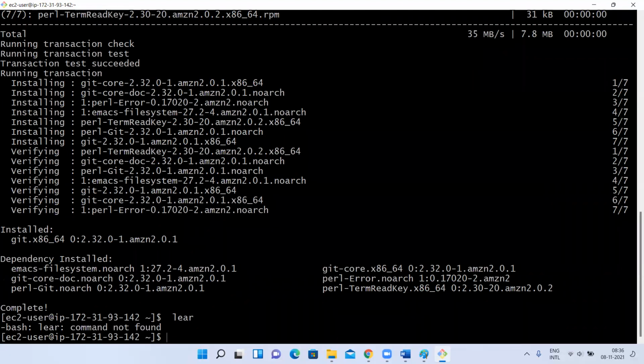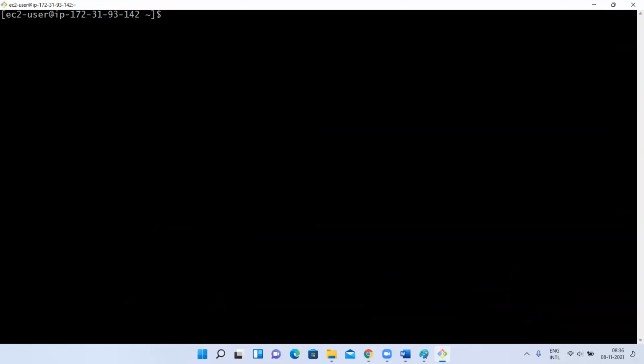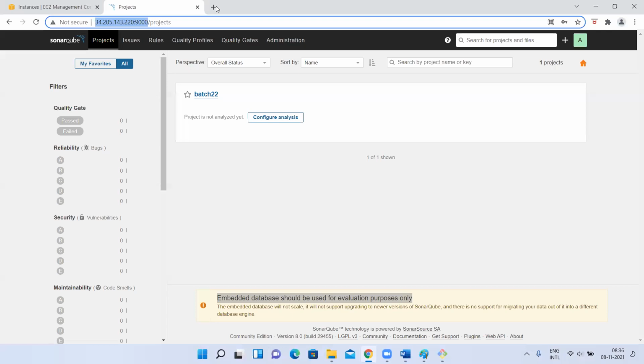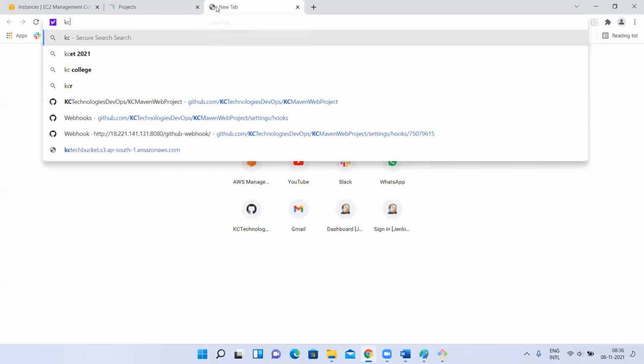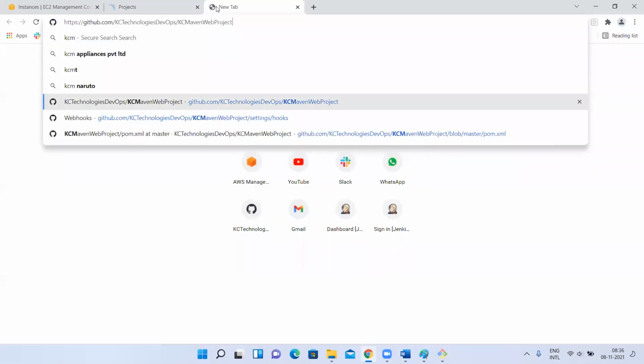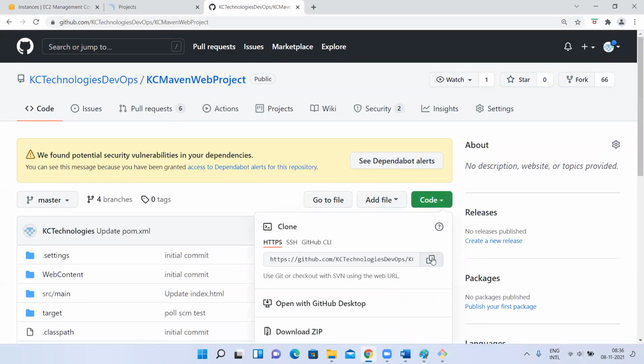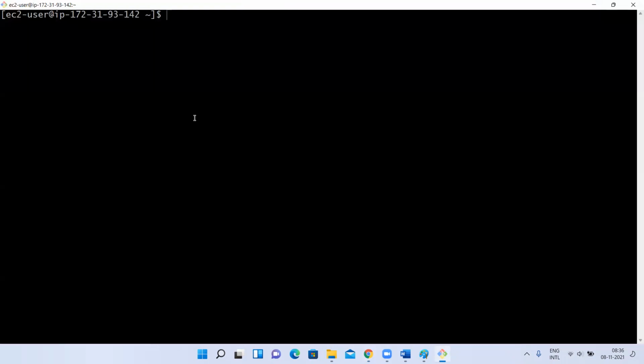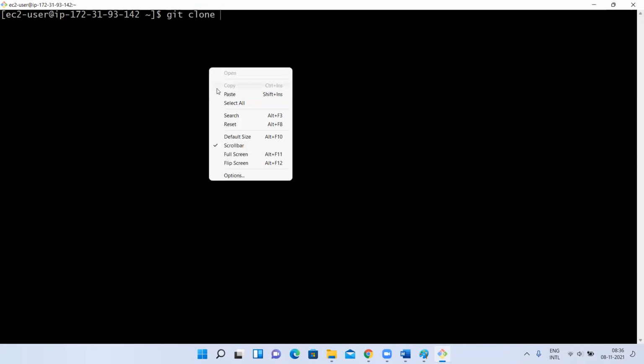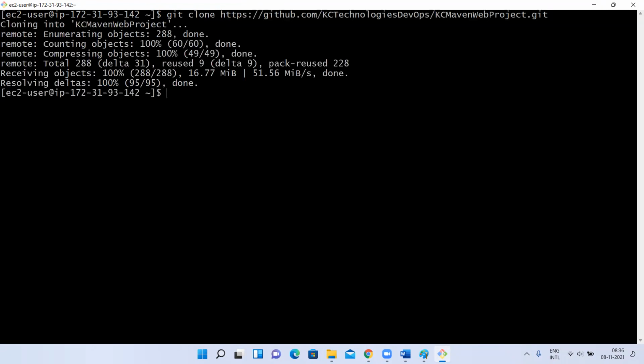What I'll do is clone that KC Maven project to my Linux machine. I'll clone it. Git clone.